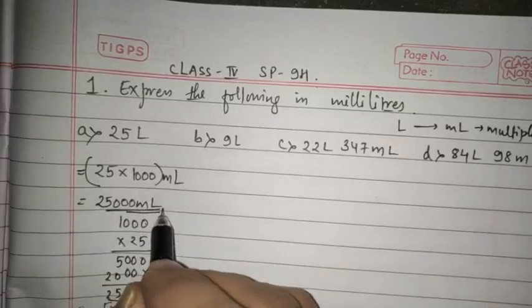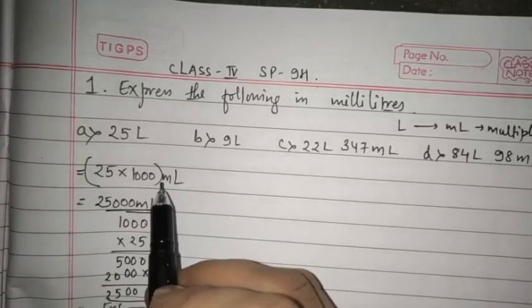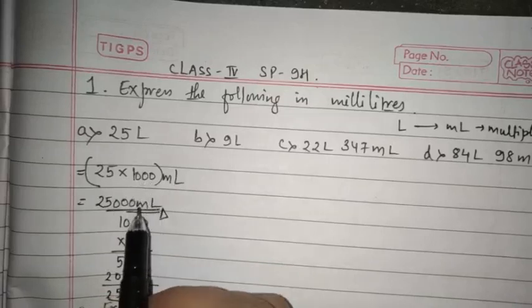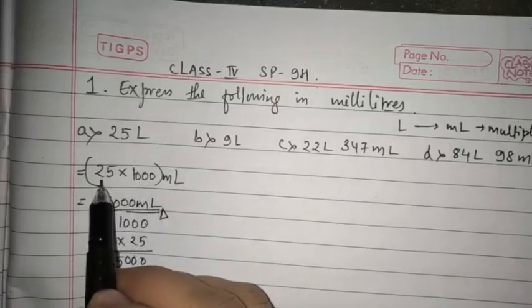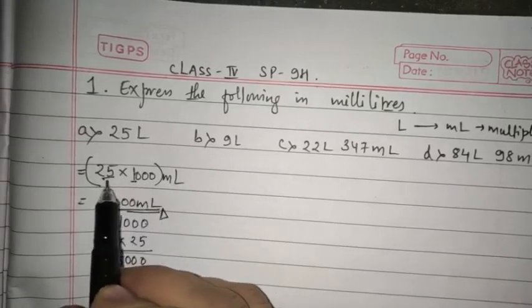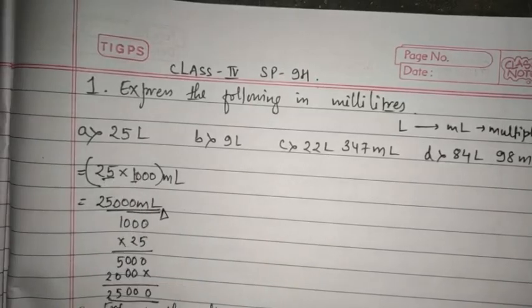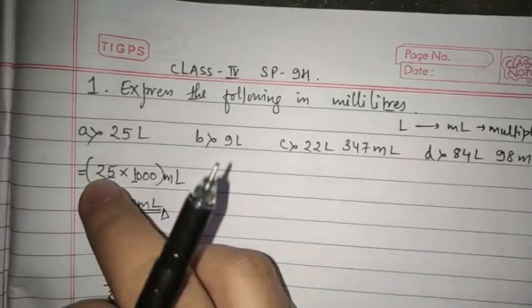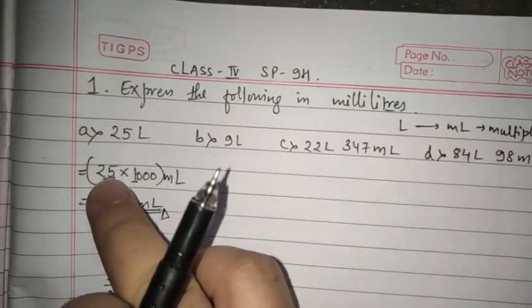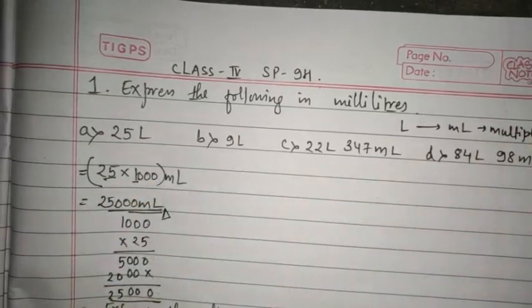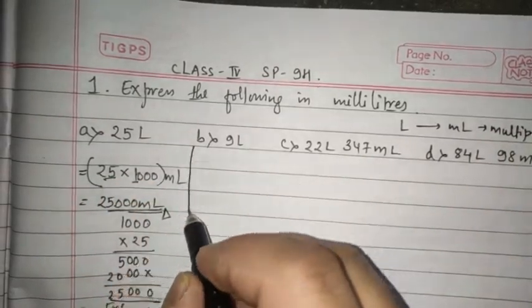Otherwise, I'll just give you the simple hint about how many zeros there are. You'll write first the 1, 2, 3 zeros and this 25 into 1 you do it. 25 ones are 25, and then write the zeros. Or you may just do one thing: 25 ones are 25 first of all. Then how many zeros are there? 3 zeros. Simple. Okay, this is also another way of doing it.